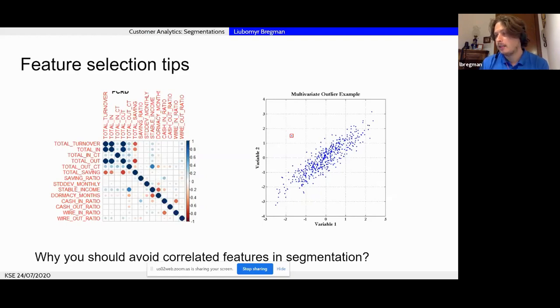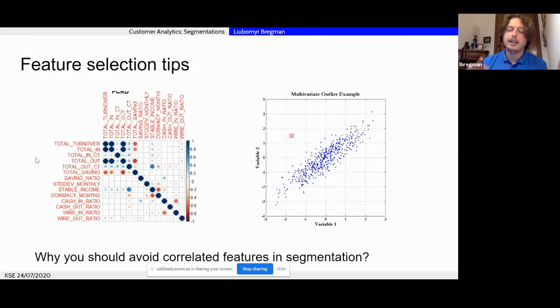Also, when setting weights, you should make some good guess of what this weight should be and so on. So another way to set a weight in a smarter way is to include a correlated variable. For example, if I believe that total turnover is the most important, and I should first of all look at the size, basically total turnover is a definition of size. So how big is this client? Well, I can include some additional feature which is highly correlated with the total turnover.